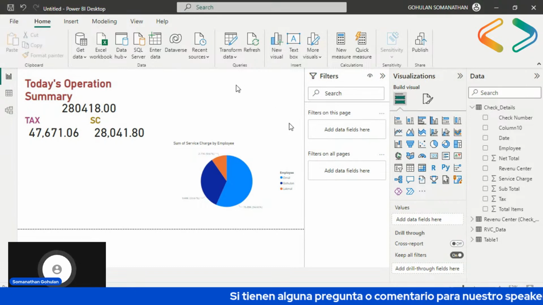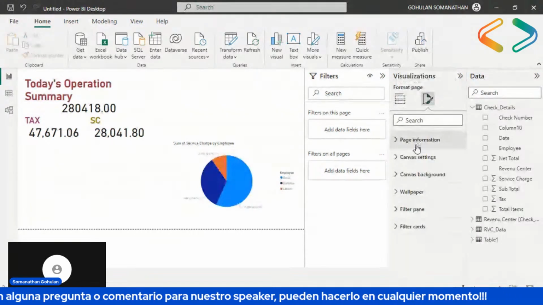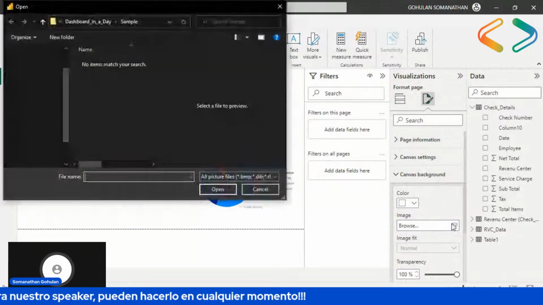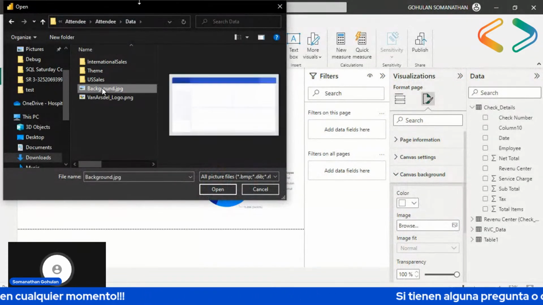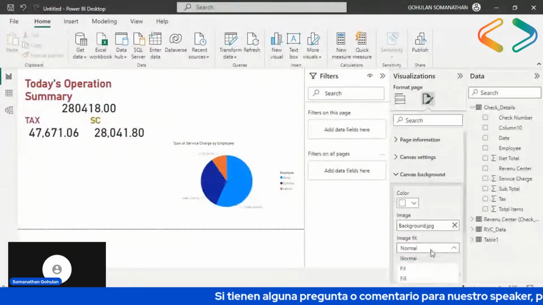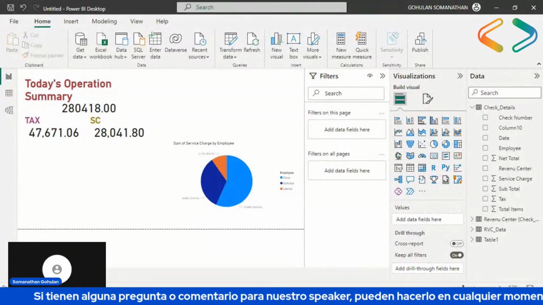How to do that? I'm going to select the blank space in the workspace, and go to format and canvas background. I'm going to choose my background which is available in this location. So image fit is filled, but the background is not available.